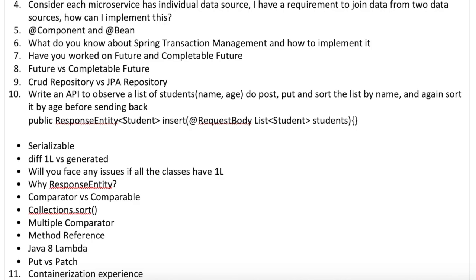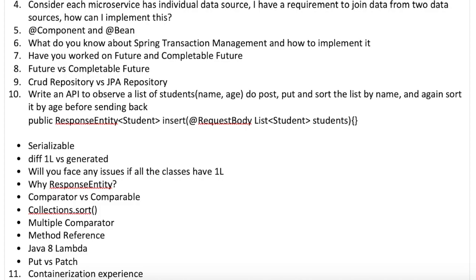The question was: have you worked on futures and completable futures? And then they asked me about the difference between Future and CompletableFuture. These are questions that you can talk about for a very long time. To start with Future, you can talk about the Callable interface, and the importance of having a Callable interface. When you work on threads, Runnable doesn't return anything on thread completion, whereas Callable returns the result of the completion. When a Callable method completes, the answer must be stored somewhere, and that object is a Future object.